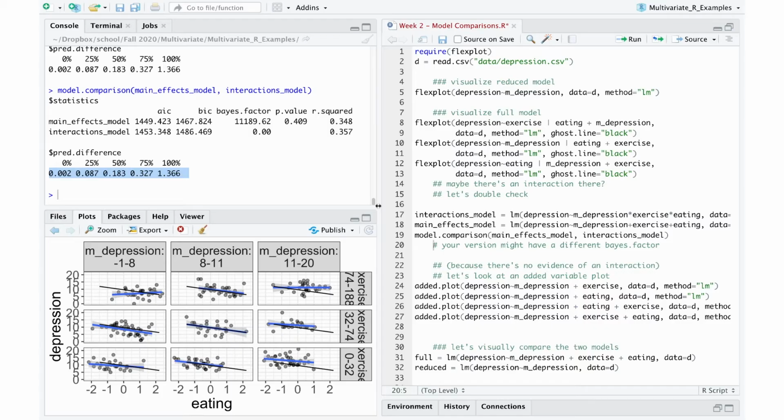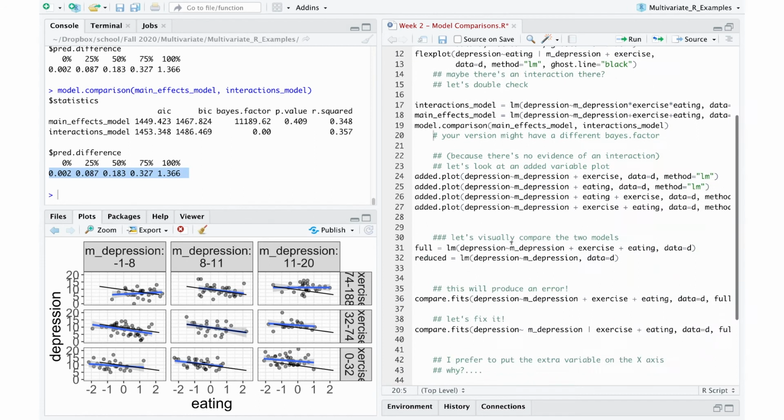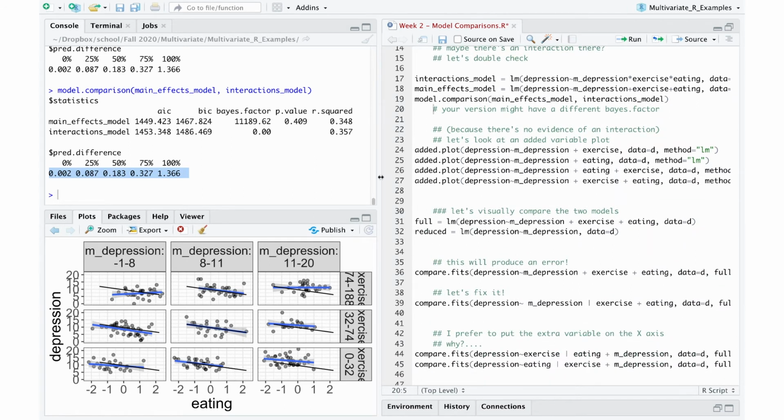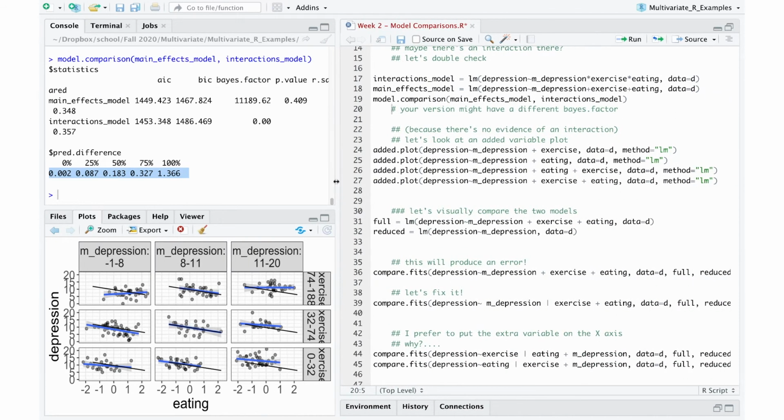And that was all preliminary. That really didn't test our substantive hypothesis, but it was kind of necessary to make sure that the full model that we're comparing, which was intended to be a main effects model, is actually an okay model to compare to the reduced model. So now what we can do is go down to what is called the added.plot